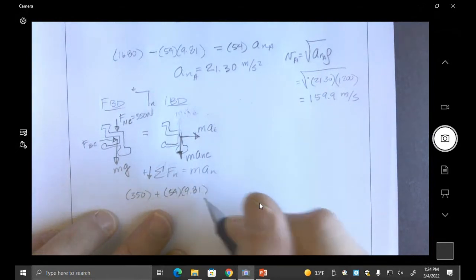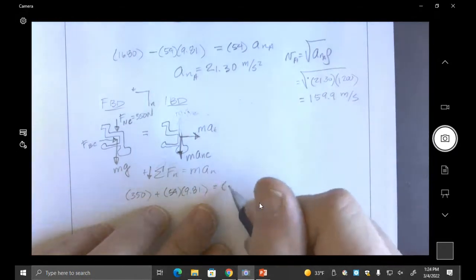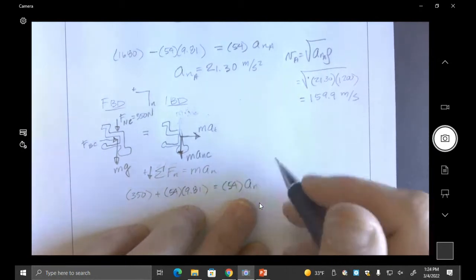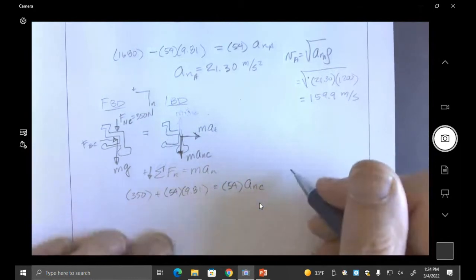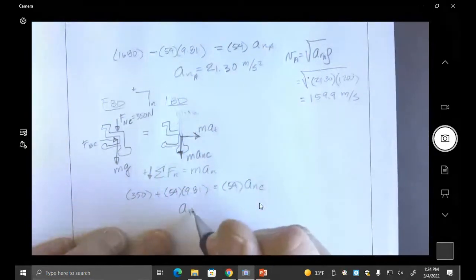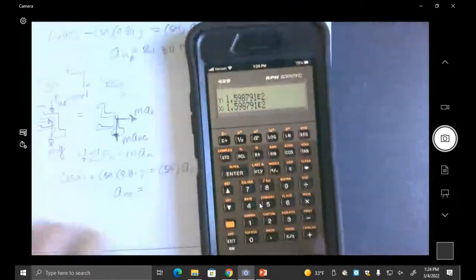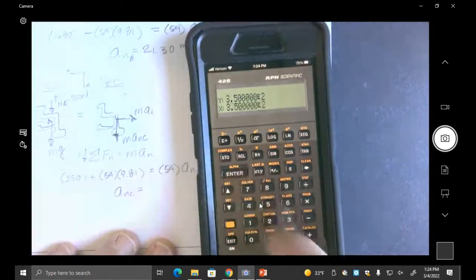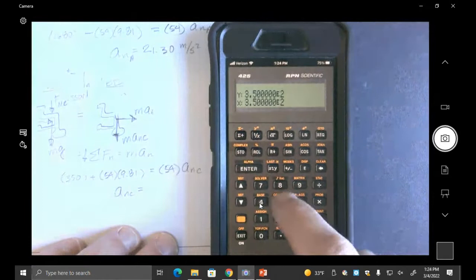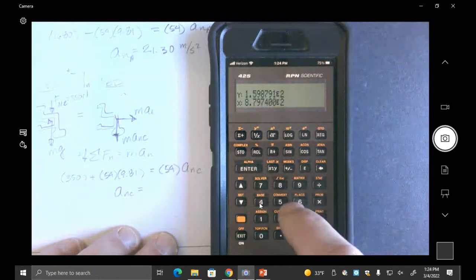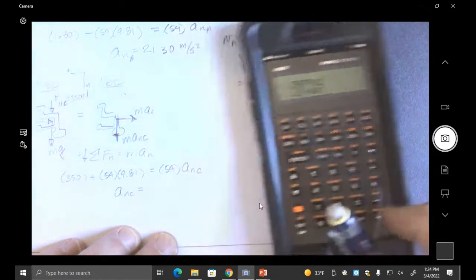No, you're right. That's a good answer. I like that answer. So we're going to find N, A, N, C. So this A, N, C is now 350. So we have 350 and 54, 9.81 times plus 54 divided. We get